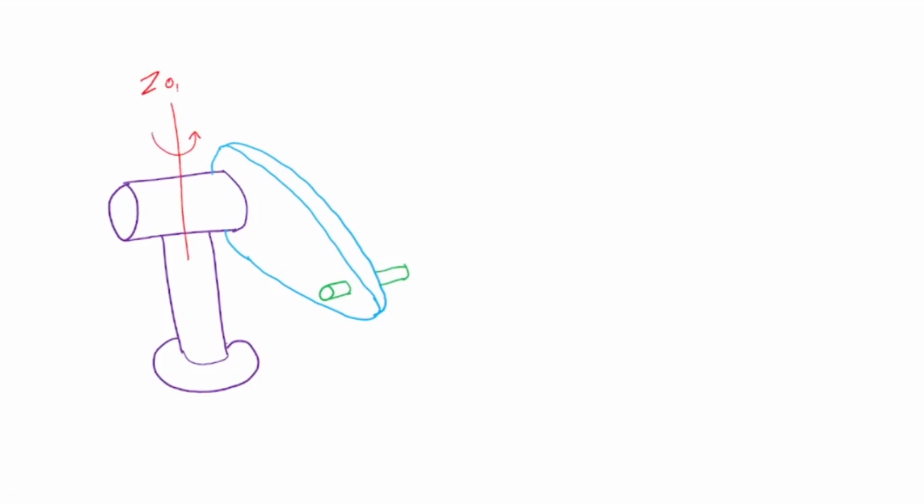So z0, z1 I put there. Okay, it can rotate about that axis. Number 2 axis is this one. This can go up and down, so it can rotate about that axis. So that's my z2. The third one is it can rotate about this. That's my z3. Okay, so I have put my z1, z2 and z3 axes. Now the z2 axis could have been here also, but for simplicity, I'm putting it here.